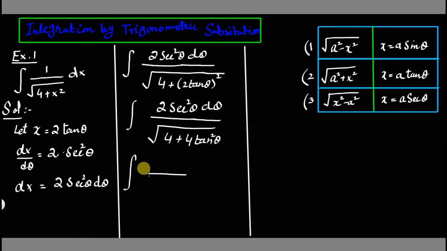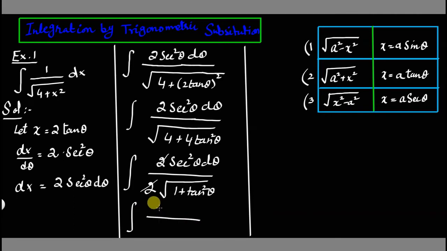By the trigonometric identity, if we take 4 common out of the square root, it will become 2, and you have left into the square root 1 plus tangent square theta. These two will be cancelled out,